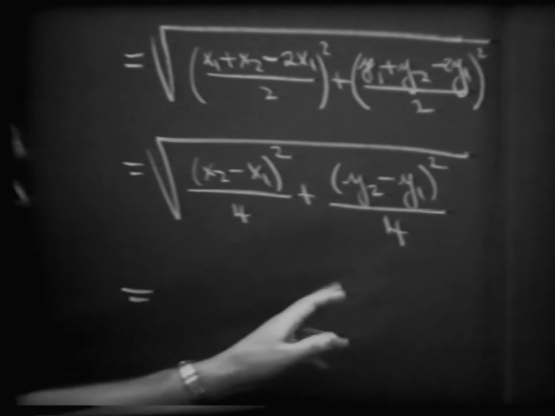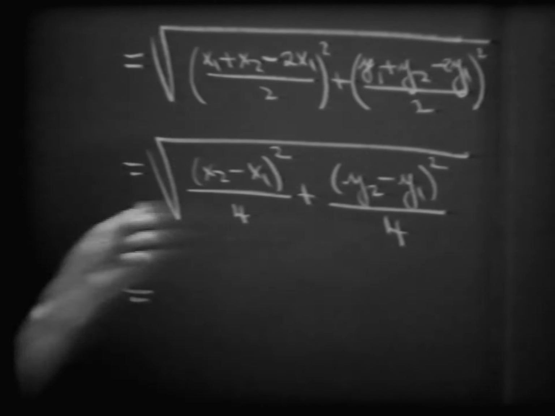Let's now put this number all over what in the denominator? All over 4. Plus, and now what then is a name for what we have here, Kirby? What do you see there? y sub 2 minus y sub 1, all squared, all over 4. Now, looking at that, notice there is the same denominator of 4, and without putting in another step,